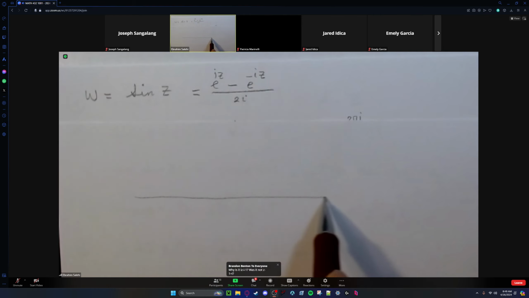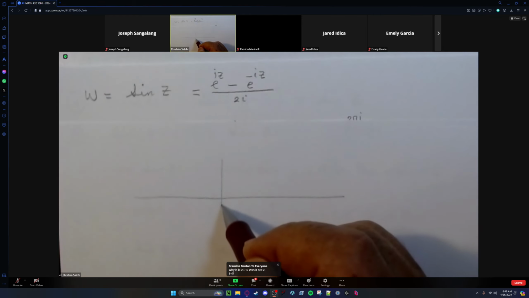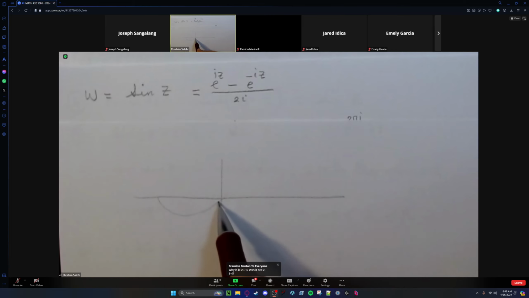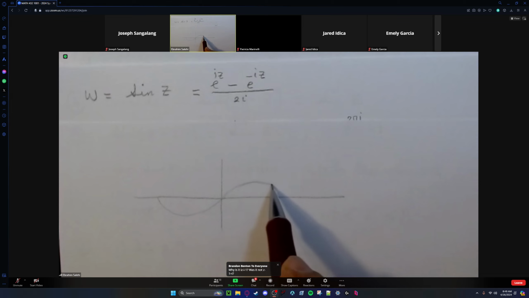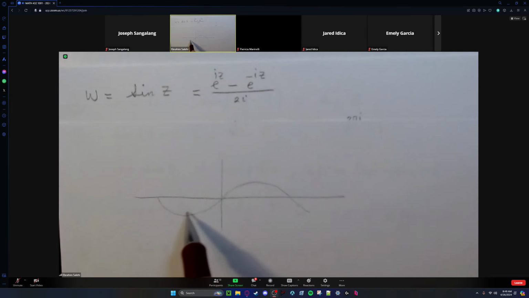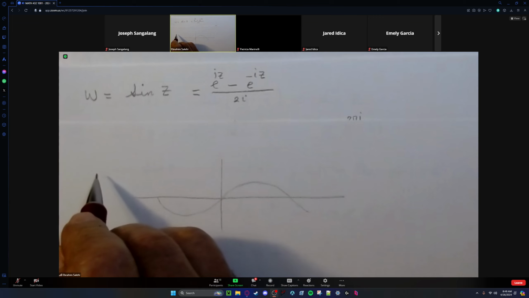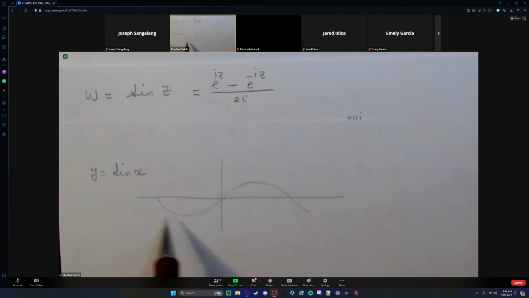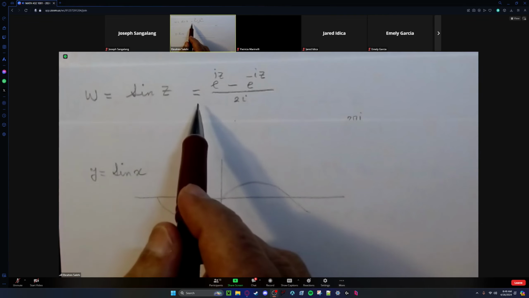It's just alternating, going up and down, always between -1 and 1. This is in calculus. Y equals sine x, when x is a real number. But when it comes to complex,